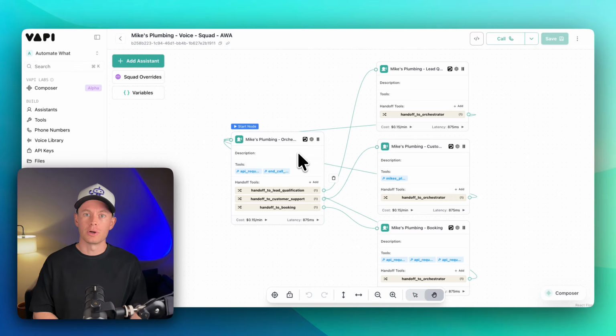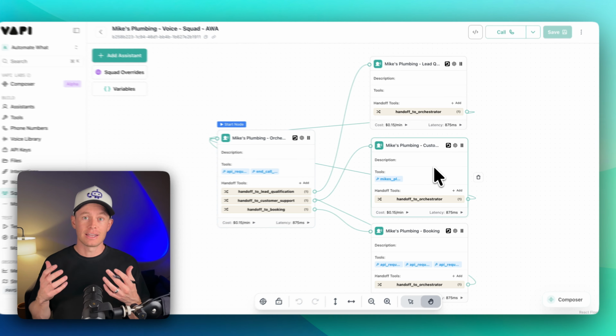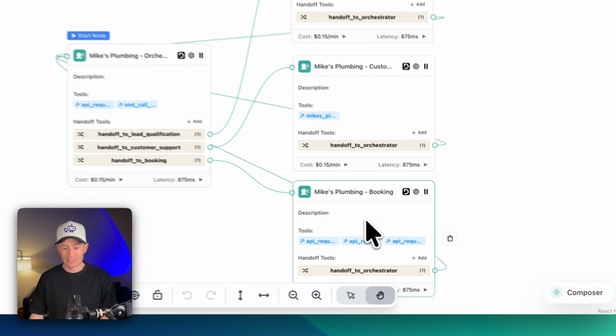If the caller is not a customer, then it can take a message and pass that along to Mike's Plumbing for them to maybe reach out if they want to in the future with their contact information and a brief message. And if they are a customer, then it's going to persuade people to book in for a service call, right? If the customer or the caller has any questions, we're going to pass that over to our customer support agent to answer any questions. It basically knows everything about Mike's Plumbing, everything about the business, and it can give factual answers. And then again, right, we're passing it back to the orchestrator agent and always persuading people to book into the calendar, right? Because that equals money. So that's what this last sub agent does.